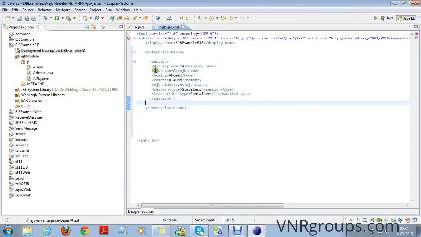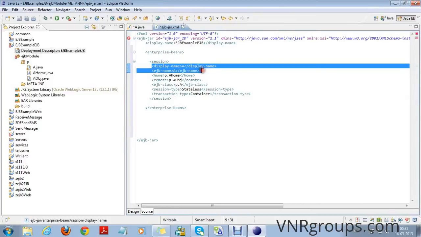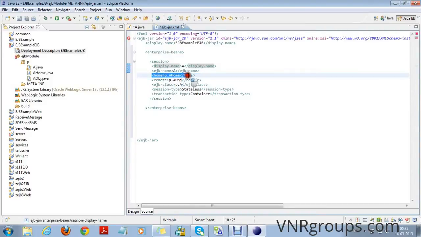So here display name and EJB name are the names given to EJB in the deployment descriptor. Home specifies the EJB home interface name. Remote specifies the EJB remote or EJB component interface.